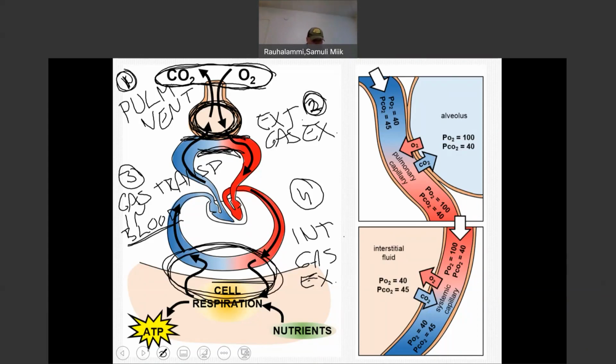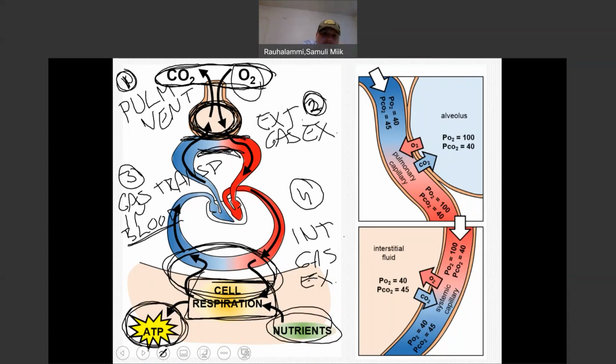So oxygen to the tissues or to the interstitial fluid, and carbon dioxide away from the tissues to the capillaries of the systemic circulation. And you remember that this was all to do with our cellular respiration, and we'll revisit this theme in just a second. To make energy that your cells can use, we use nutrients, but we do need the oxygen and we do need the carbon dioxide. So that's why we need to have the phases of respiration,